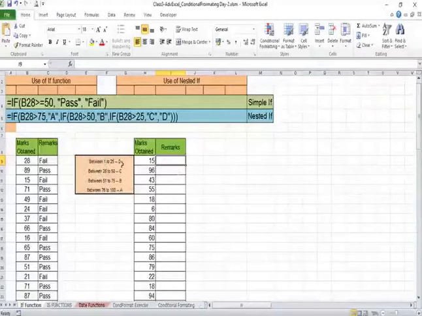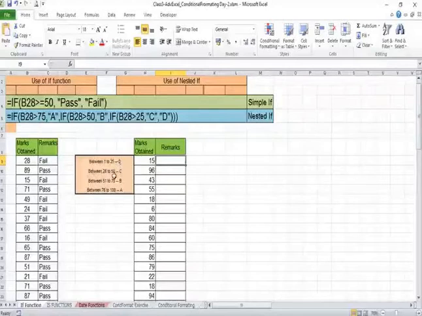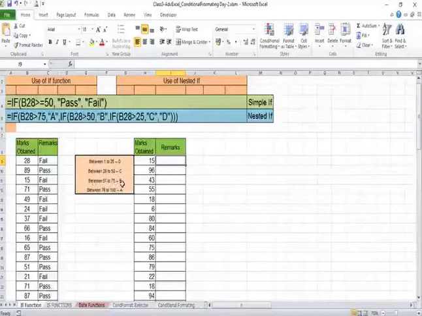Between 1 to 25, if the marks is there, he will be graded D. Between 26 to 50, if the candidate has got, he will be graded C. And if it is between 51 to 75, he will be graded B. And if he gets between 76 to 100, he will be graded A. So based on this, we have to write nested if so that we get the correct grade.